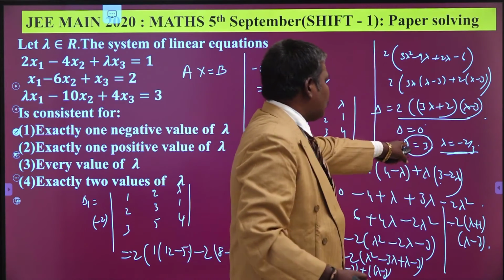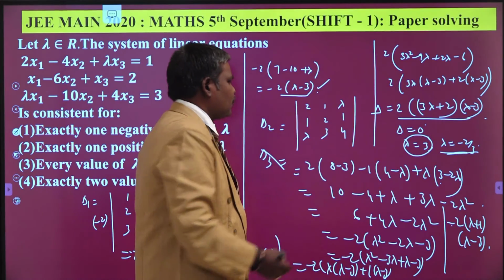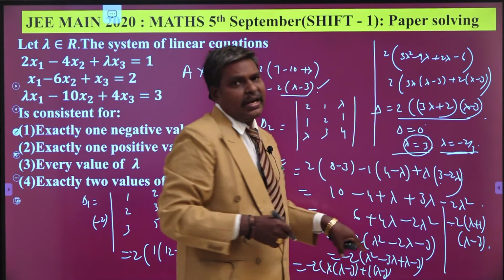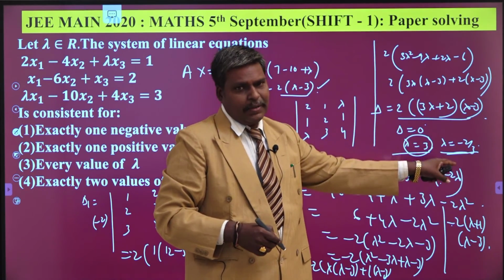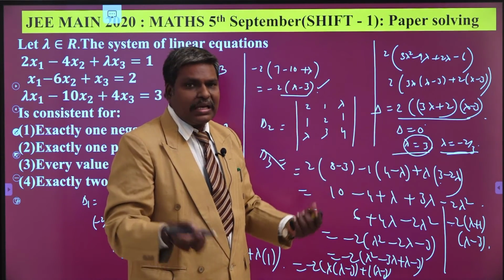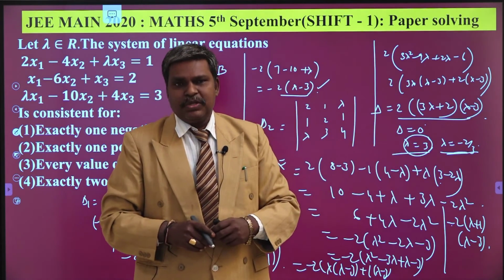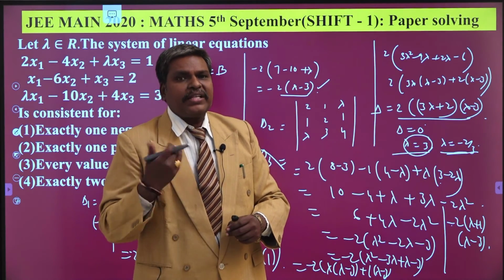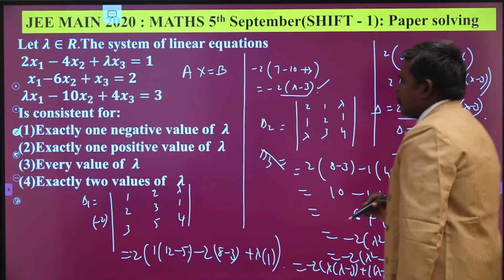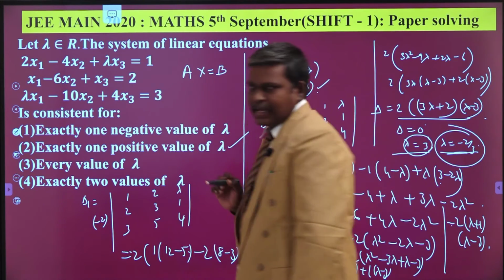So for lambda equal to 3, delta 2 is also 0. Similarly, we can show that delta 3 is also 0 for lambda equal to 3. If for lambda equal to 3 at least one of the deltas is not equal to 0, we have two values for lambda. But in this question, for lambda equal to 3, delta 1, delta 2, delta 3 become 0, while for lambda equal to minus 2 by 3, it is not 0. So how many values for lambda? To exist no solution, lambda equal to minus 2 by 3 is one and only value. So exactly one possible value of lambda is there.